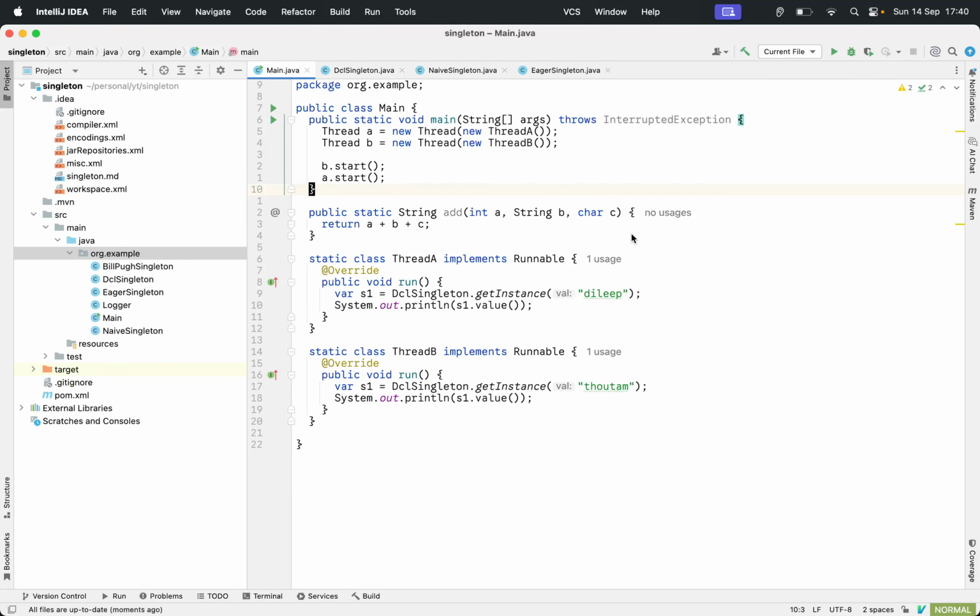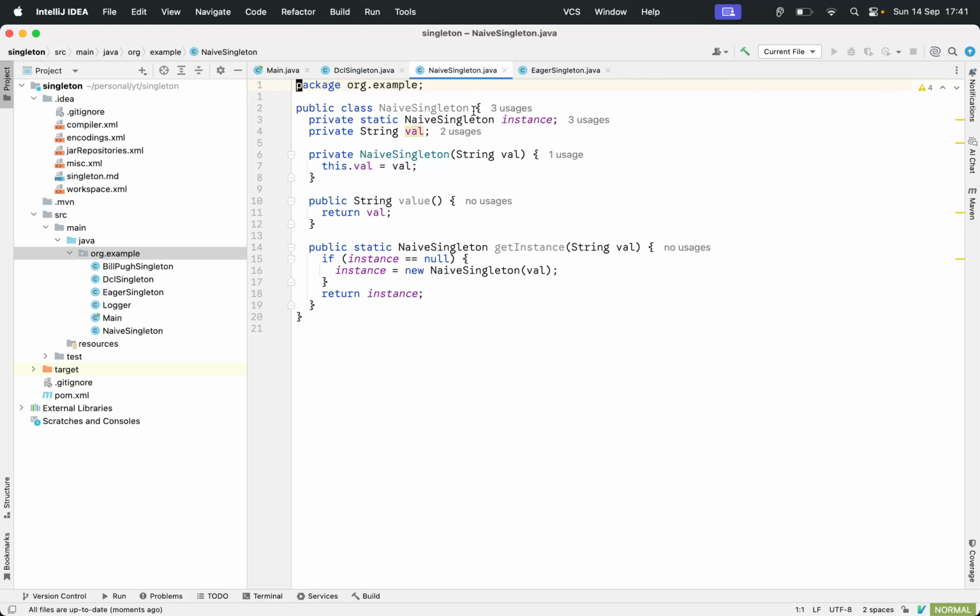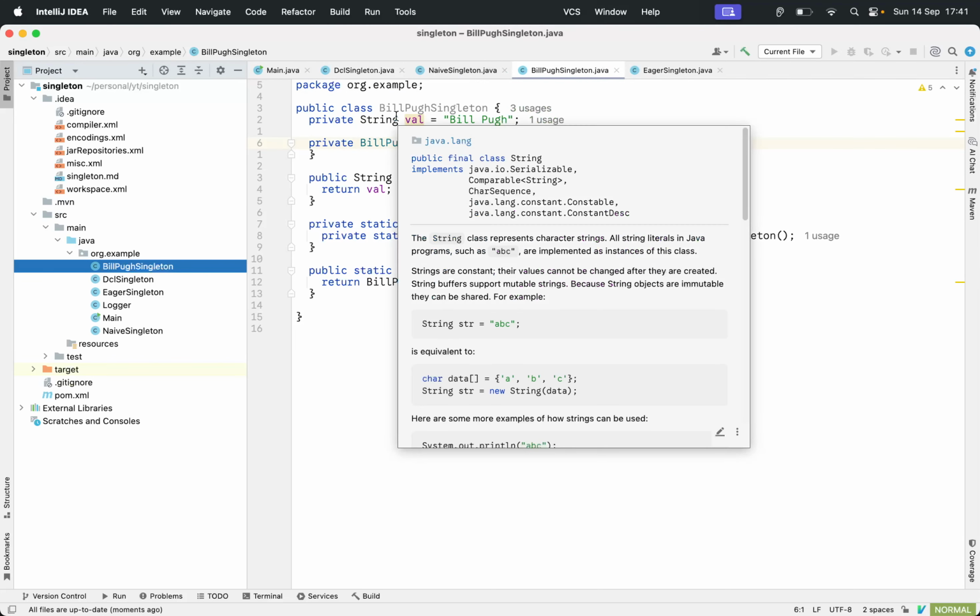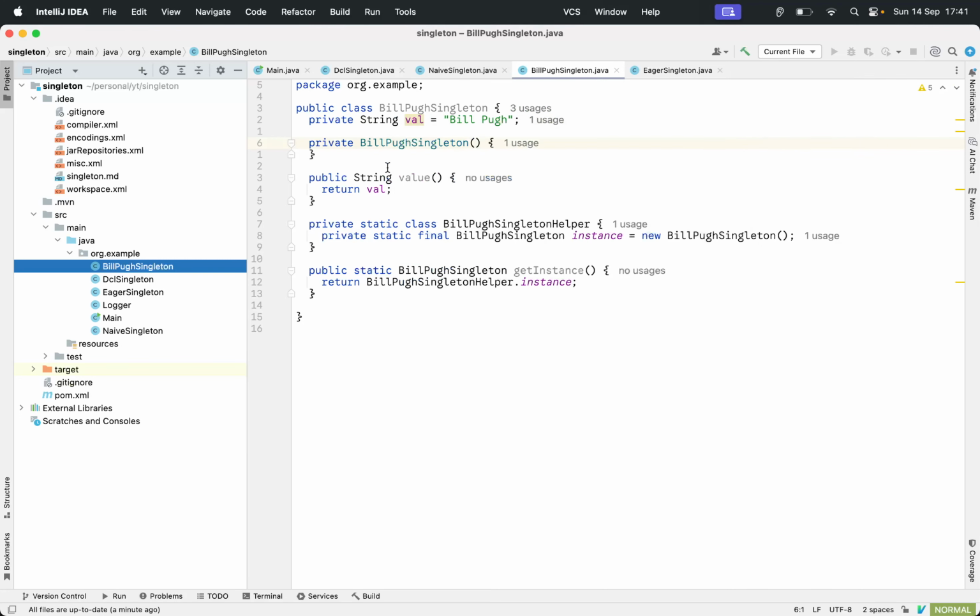Okay, now there is another implementation called the Bill Pugh implementation, where you solve the eager initialization problem of the naive singleton by being lazy, by hiding it inside a static class. The thing with classes is it will not be initialized or instantiated until it is called.